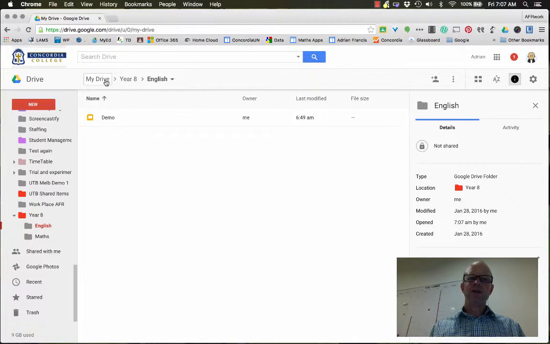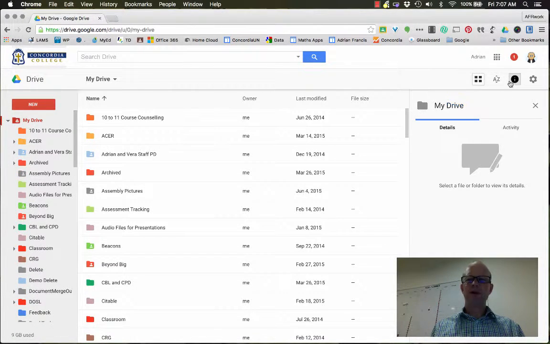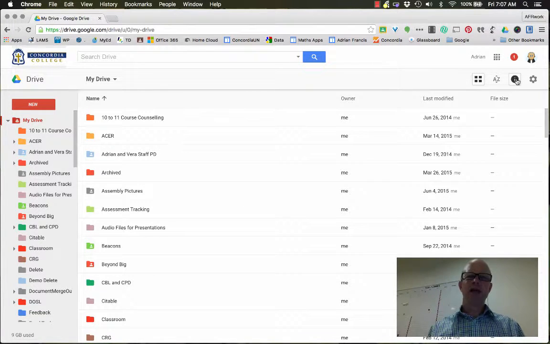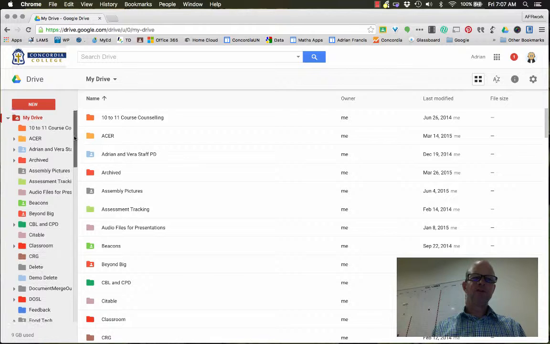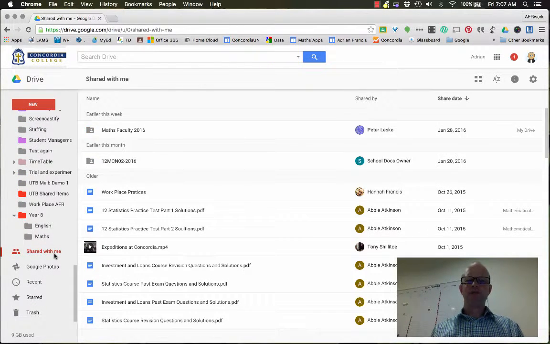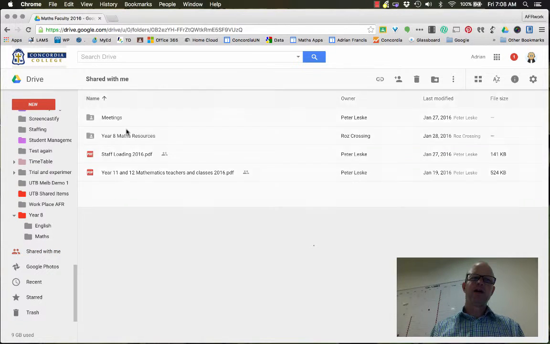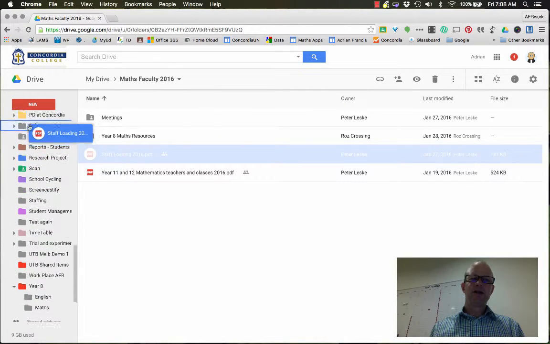Now, one of the traps is, if someone has shared something with you and you move something around, then you might actually change the way other people can see it. So I'm just going to come to my shared with me option and show you what I mean. I've got a whole lot of things here from the maths faculty, which is pretty cool, and I like them. If I open them up, there's some minutes there, and if I wanted to move them around, which have been shared, if I grab this and want to move it into here,